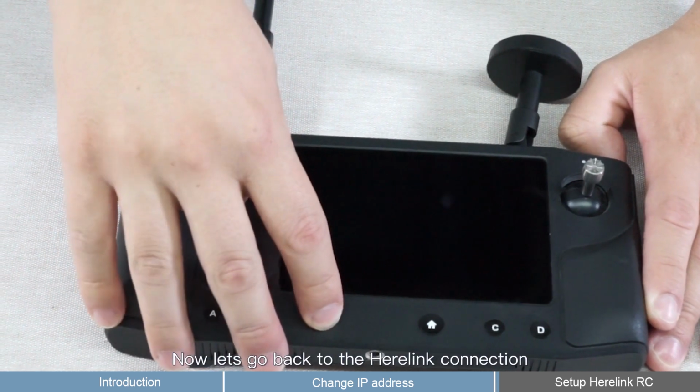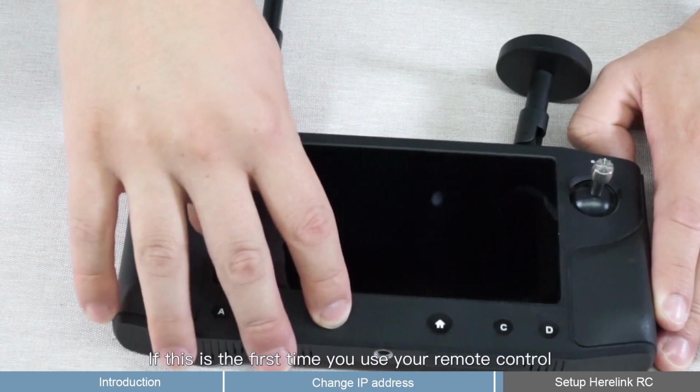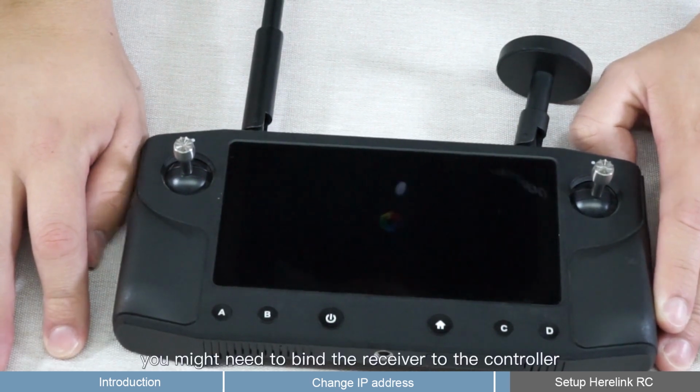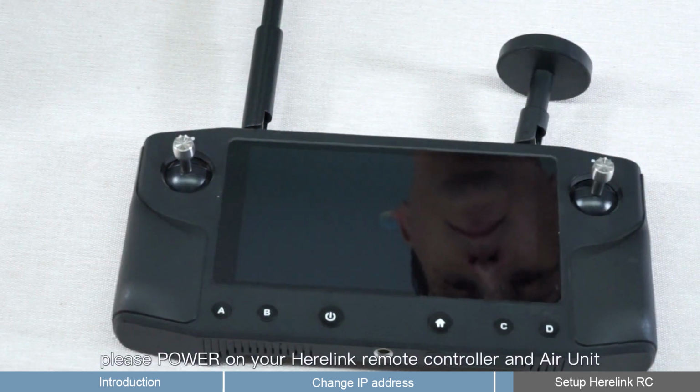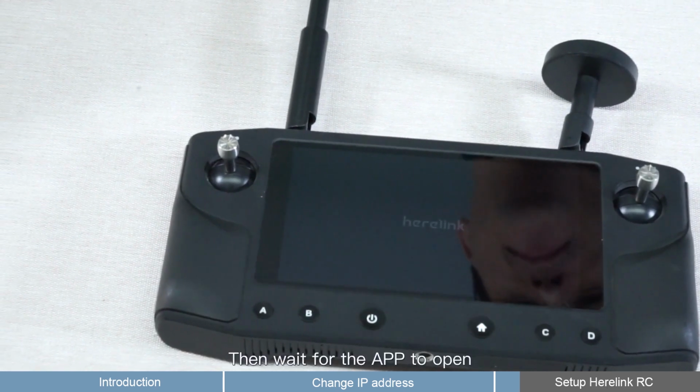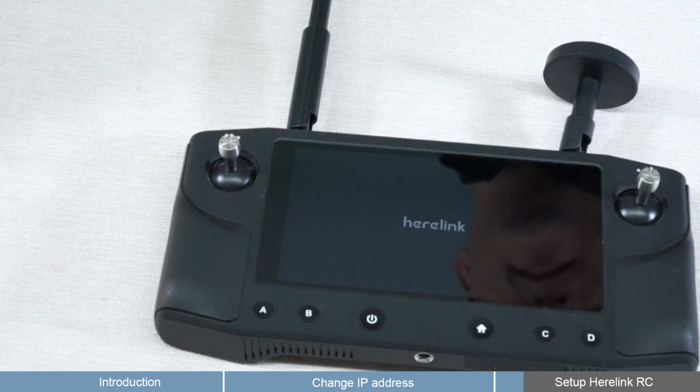Now let's go back to the ViewLink connection. If this is the first time you use your remote controller, you might need to bind the receiver to the controller. To do this, please power on your ViewLink remote controller and air unit. Then wait for the app to open